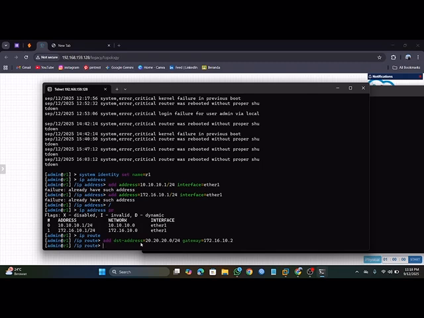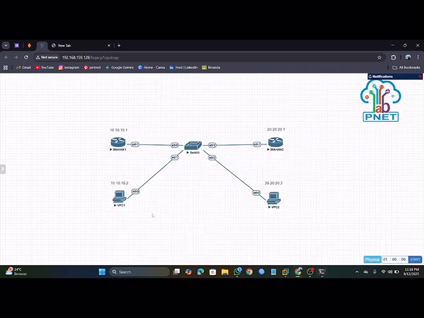Now we have connected router 1 with router 2, but router 2 still cannot communicate with PC2. So configure router 2 as well. The steps are similar.